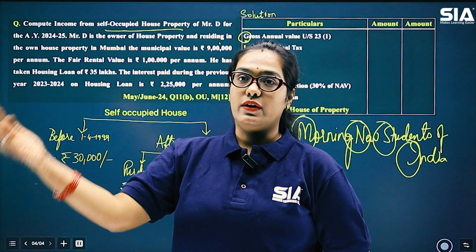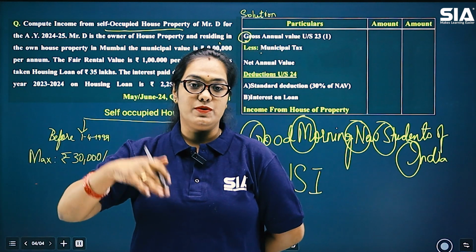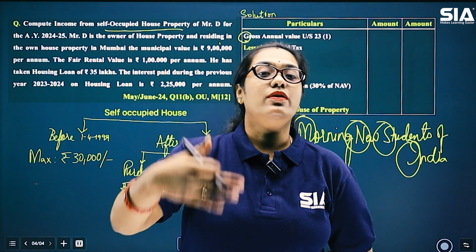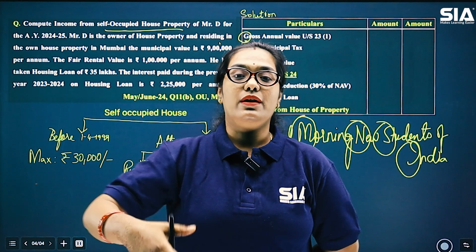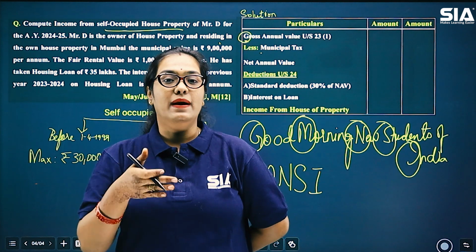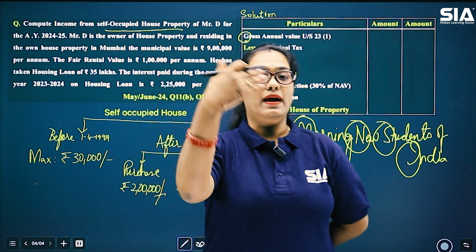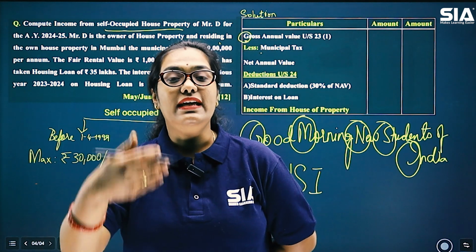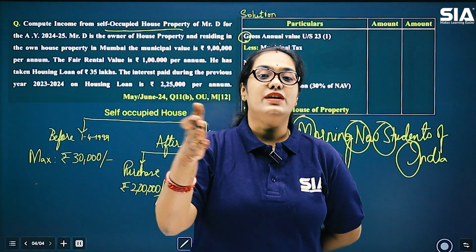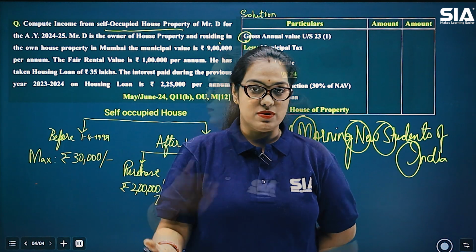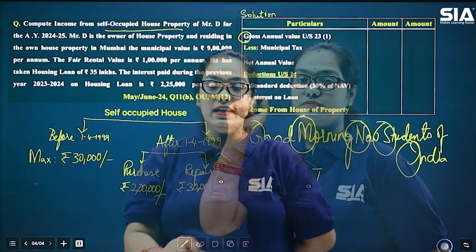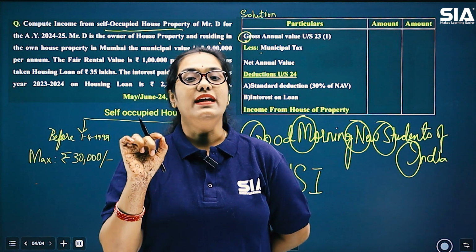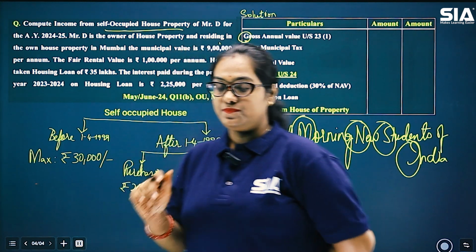When I give it on rent to someone, I receive the rent. So there is some income generated. There is some value generated, annual value generated with the annual rent that I receive. But if I am staying in my own house, then there is no rent that I receive or any kind of income that is generated from a self-occupied house. So in that case, the annual value of a self-occupied house will always be nil or zero.